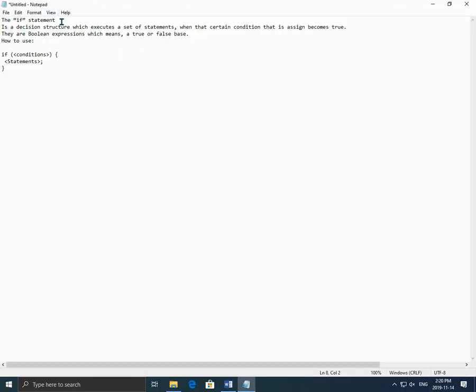The if statement. The if statement is a decision structure which executes a set of statements when the condition is true. They are Boolean expressions, which means they are true or false based. How to use: if (condition) { statement; }